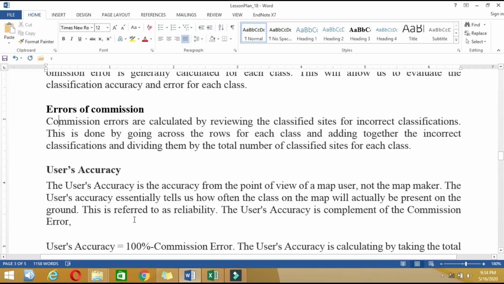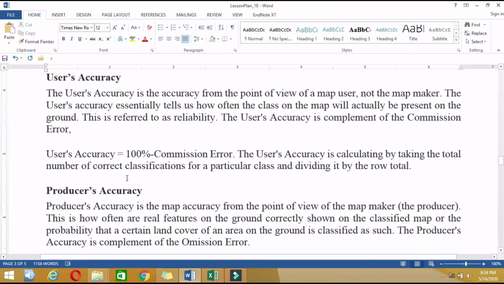So this is also referred to as reliability. The user accuracy is the complement of the commission error. So you can calculate it as 100% minus the commission error, or it can be calculated by taking the total number of correct classifications for a particular class and dividing it by the row total.